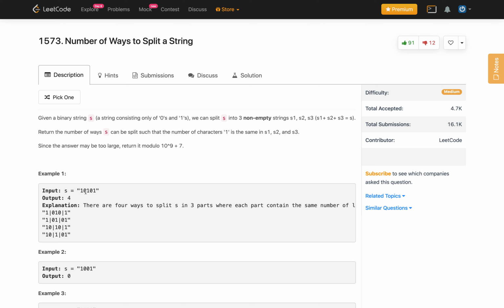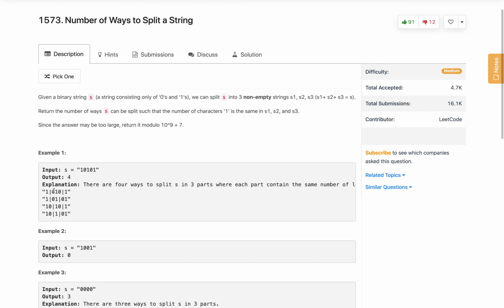So, this is one way. Another, we move this cut here. So, this is another way. Then we keep this here and move this one here. Similarly, we move here and this one is here. So, in total we can cut this string in 4 different ways, so that s1, s2, s3 each get one 1. Here the cuts are represented.